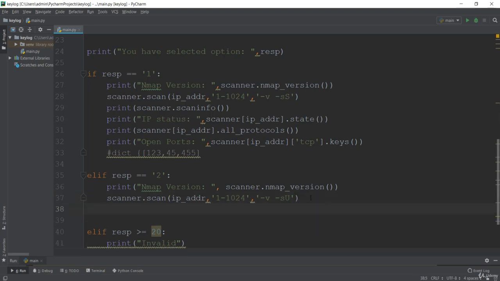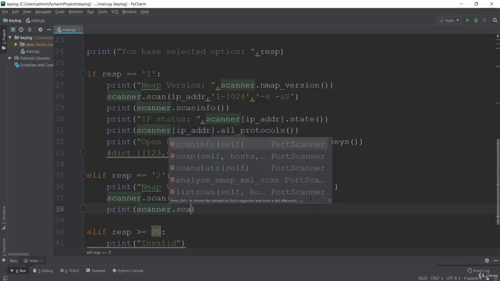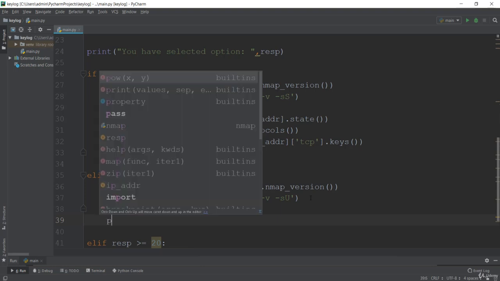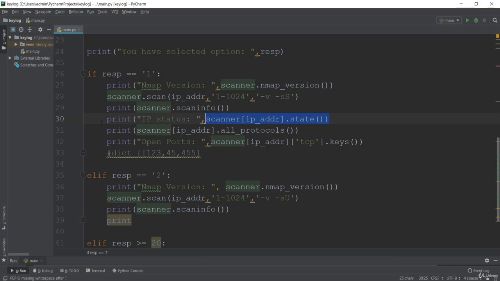Now the next thing is to print the scan info again. So I'll say scanner.scaninfo, which is the method that is going to give us a dictionary again about the methods, and the next one is to print the IP status. So I'll just gather everything of it.